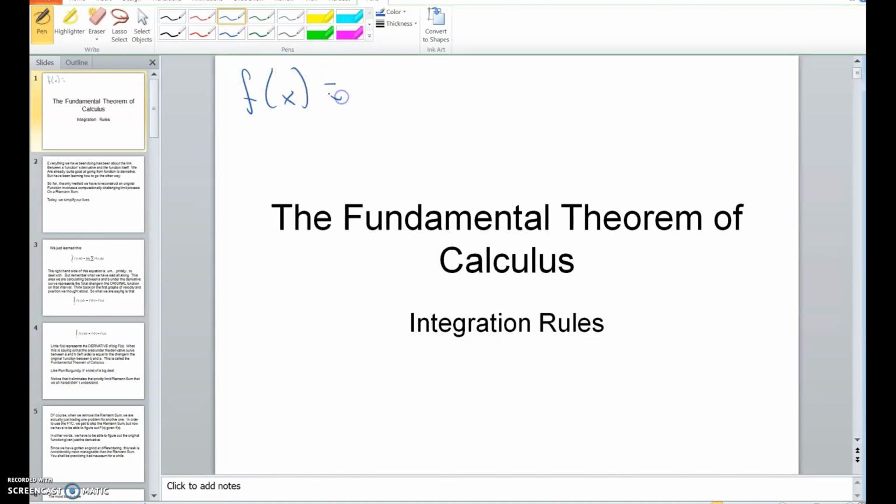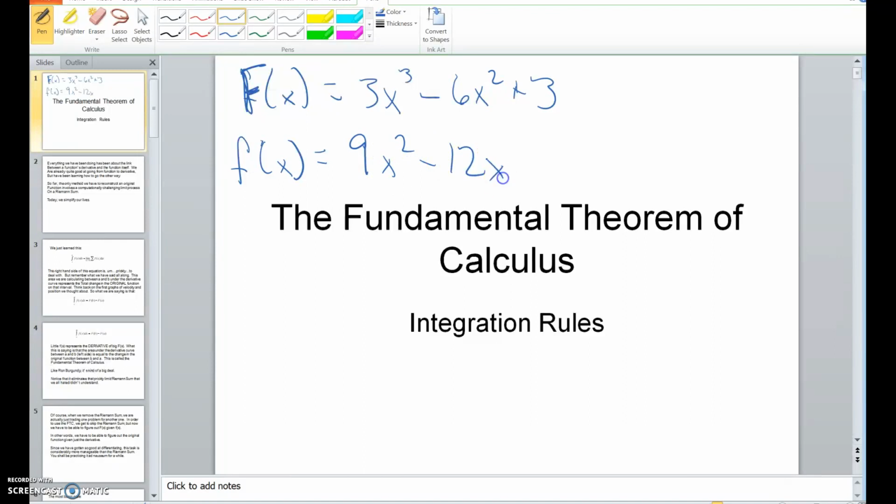So far this year, if we had a function, f of x, I'm going to make it capital F for a reason that'll be apparent in a second. Let's say this was 3x cubed minus 6x squared plus 3. And then we take the derivative, we get little f. The derivative would be 9x squared minus 12x. And that's it. So when we have done that, we have said that f prime is the derivative of f,